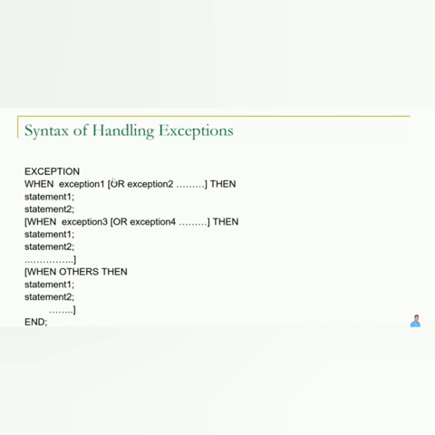In this, the same exception cannot be handled in different blocks. In the exception 1 block, those two statements are handled. In the exception 3 block, the exception 1 statements cannot be handled. Each exception has its own statements, and within that only those statements will be handled. Those statements cannot be handled in another exception. This is the syntax. With the help of the syntax only, we should write the exception block in that exception handling program.